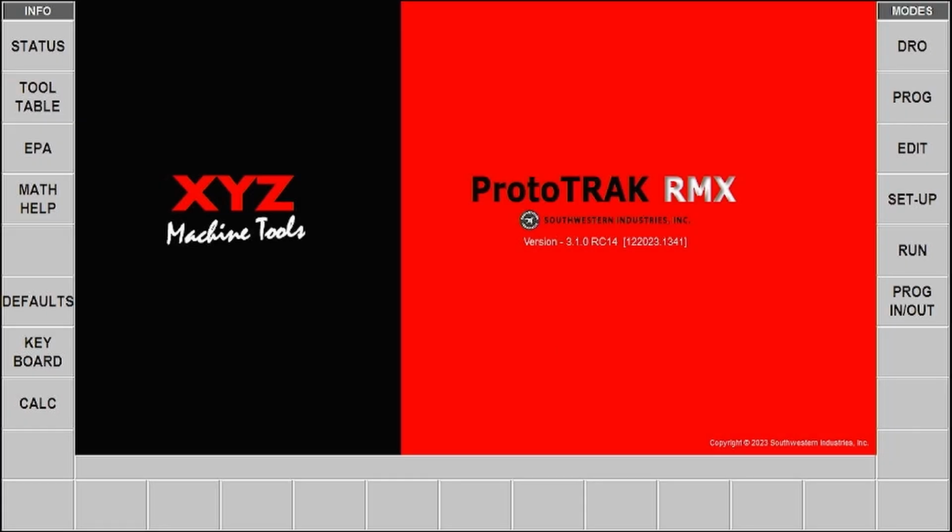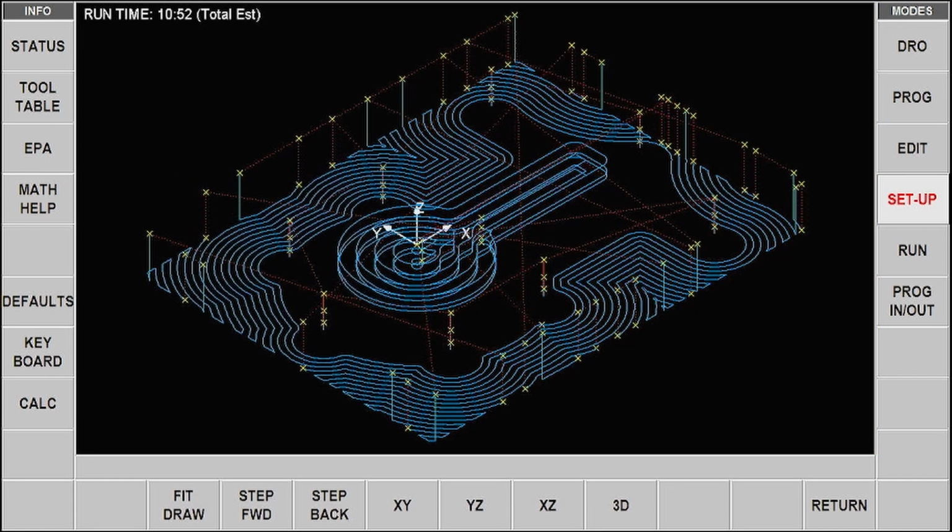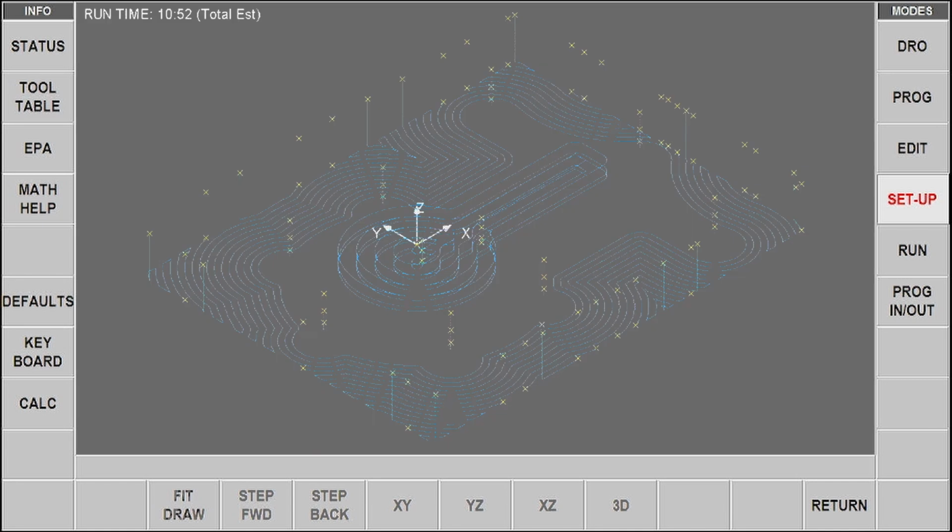From the beginning of XYZ selling the ProtiTrack control fitted to their toolroom products, users have had the ability to check their program using the toolpath function. This gives us users an idea of where the tool has been programmed to go to machine the parts that they wish to machine. But since the development of the SX control with its Windows-based operating system, users have been able to utilise the Verify function, which uses 3D graphics.